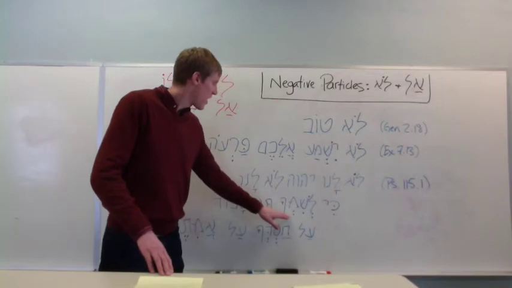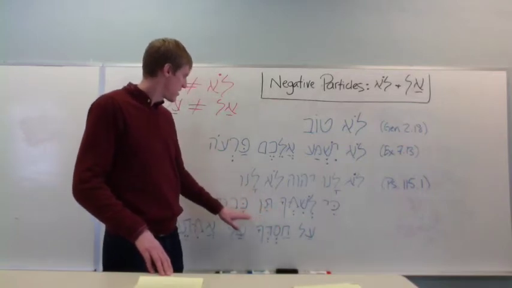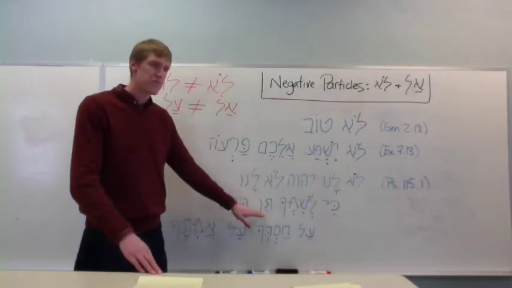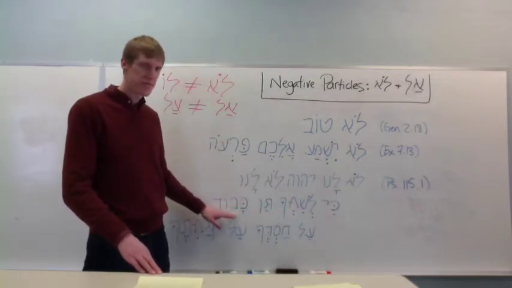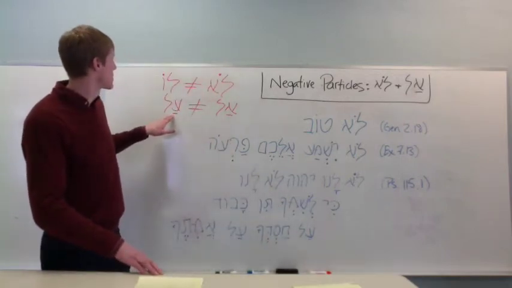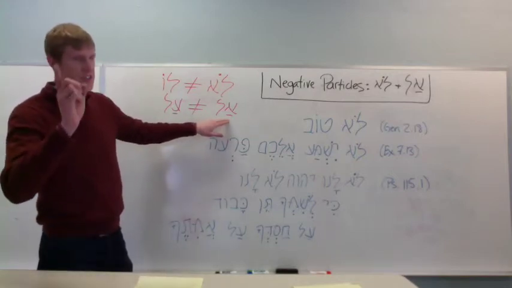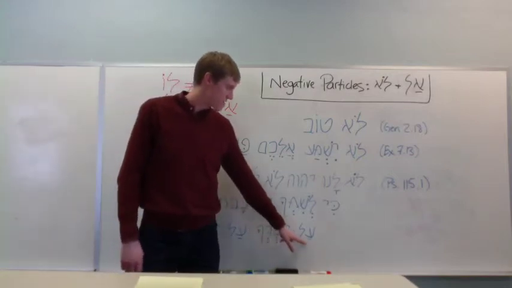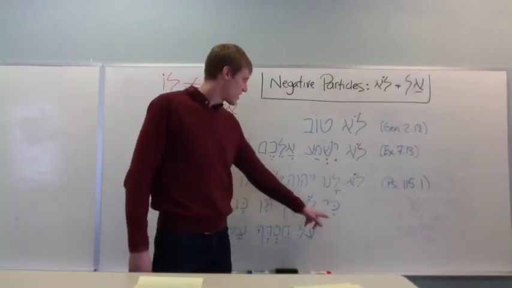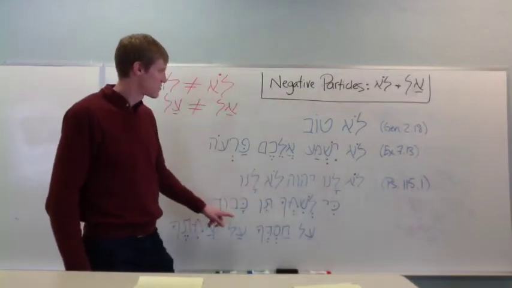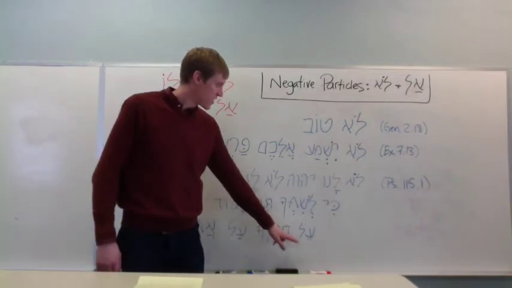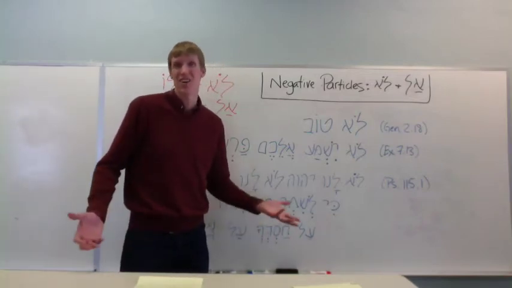Ki leshimcha, ten kavod, but to your name give glory. Al, with an ayin, right? An ayin here, not, this is not the negation, this is the preposition. And here it doesn't necessarily mean upon, but rather about or concerning. So, ki leshimcha ten kavod, but to your name give glory, concerning or about or because of, in a sense,